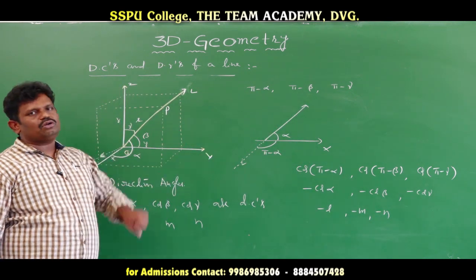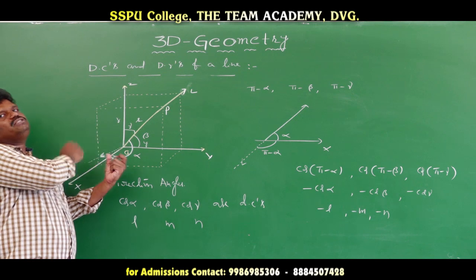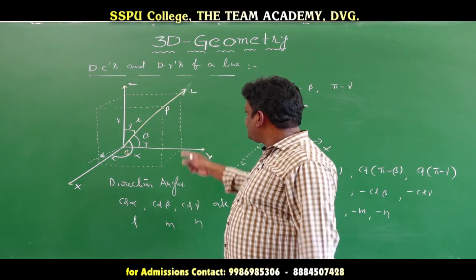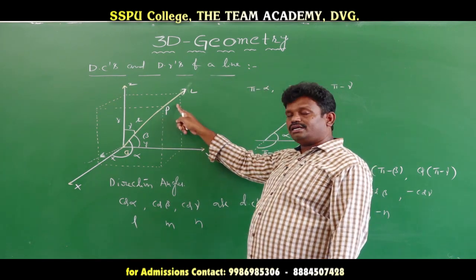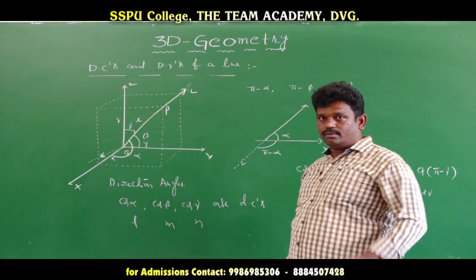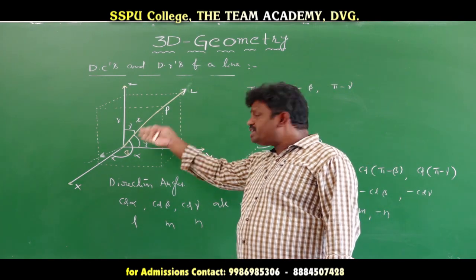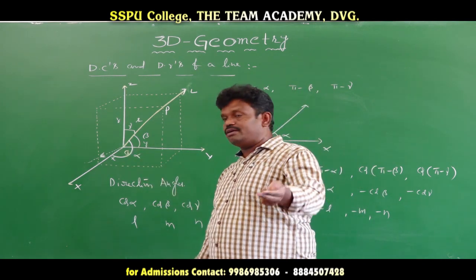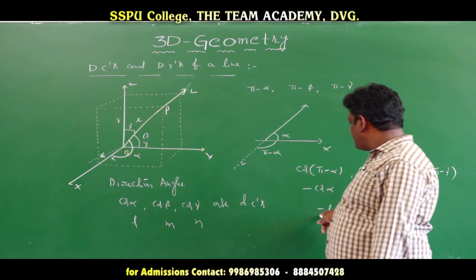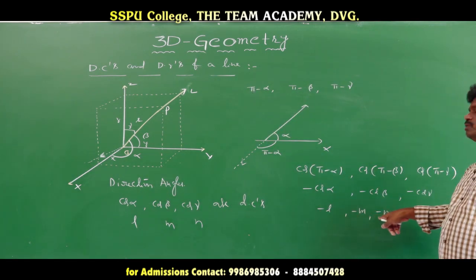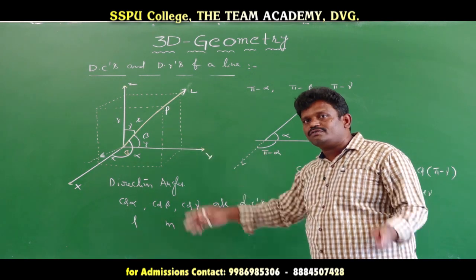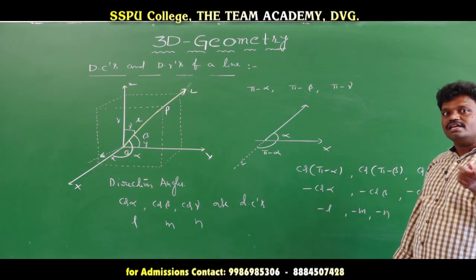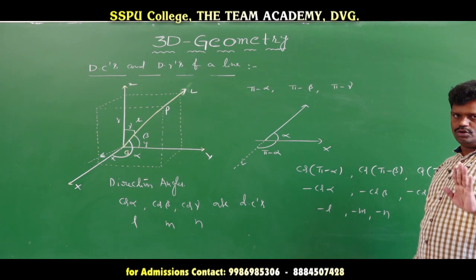Okay? So these are also direction cosines of the directed line, but in the opposite direction. Look here once again. This is the directed line. If we take it in this direction, the direction cosines are L, M, N. Otherwise, if we change the direction of the directed line, then automatically the direction cosines in this direction are minus L, minus M, minus N. So when we change the direction of the directed line, the signs of the direction cosines are reversed, okay?